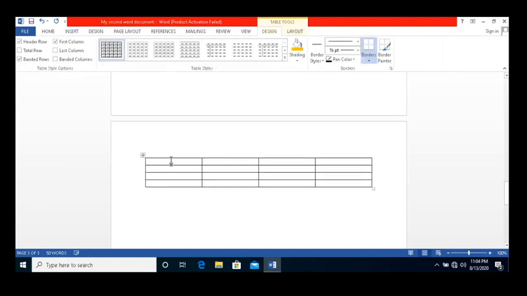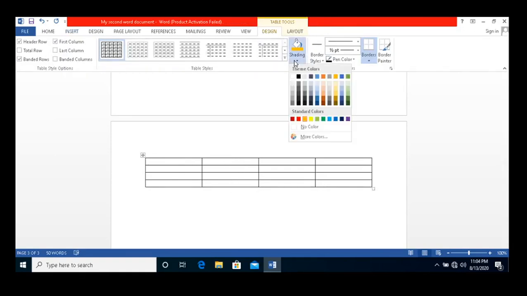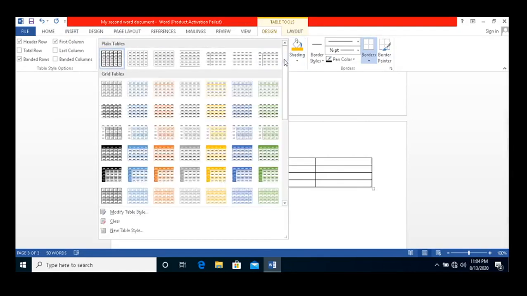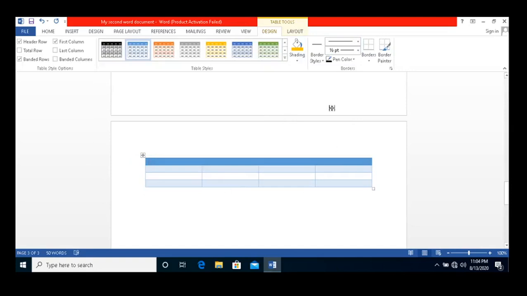Then I'll have 4 columns and 4 rows. So I can also style my table if I wanted to. You have my shading here. I also have more table styles here that I can select to work with. I also have things like my border styles here, what kind of color I'd want them to be, as well